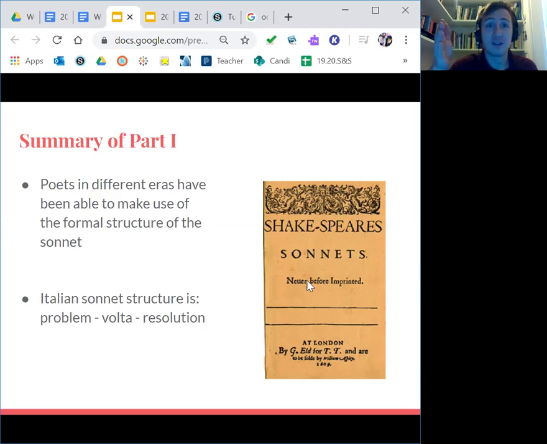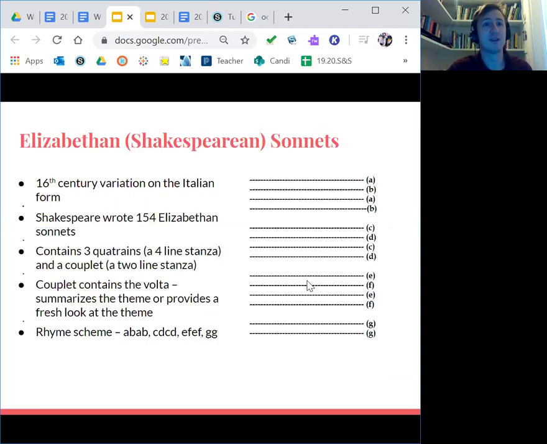But those are only half, because like we said in the beginning, the sonnet became very popular from this guy, William Shakespeare. So here we are with the William Shakespeare or Elizabethan sonnets. This came about in the 16th century. These sonnets were all essentially inspired by the Italian sonnet tradition, and they generally speak about the poet's love for some other person. Shakespeare's sonnets are perhaps the most famous,